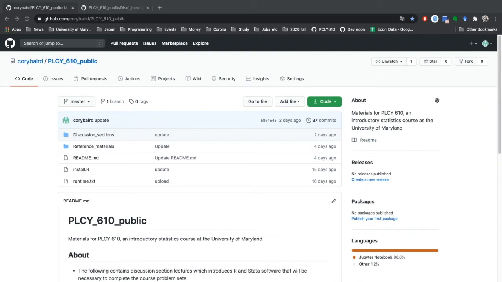Hello, Policy 610 students. Today we will be going over discussion section 1, which will cover the very basics of R using RStudio. But before I get into that, I want to briefly mention that all of the discussion materials